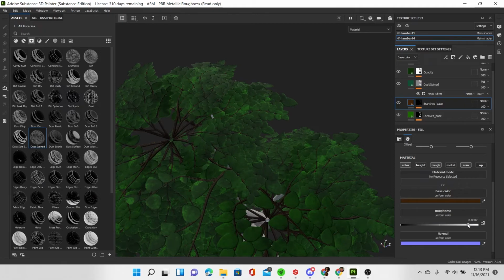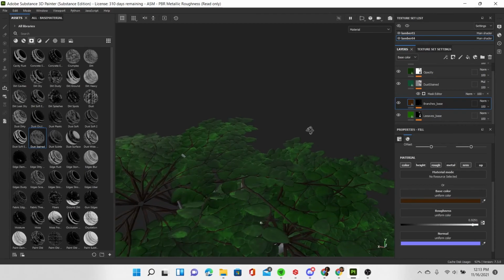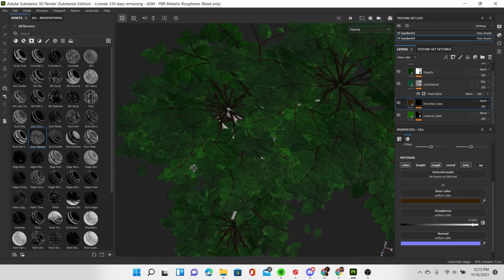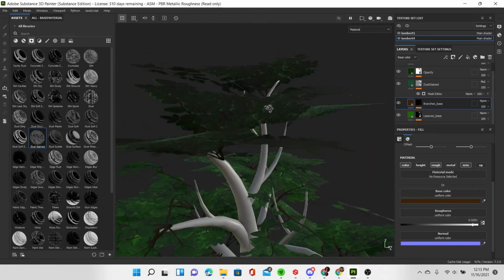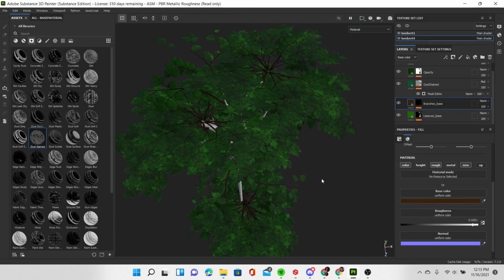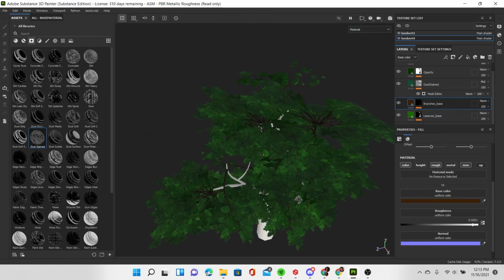These are really, really reflective and shiny, so we're going to bring down that roughness a whole bunch. Maybe not completely. I might turn off the roughness channel with this. I haven't decided yet. I don't know if I want a little bit of glint on the bark of my tree branches. But anyways, that is how you would apply those texture maps that we created in Maya